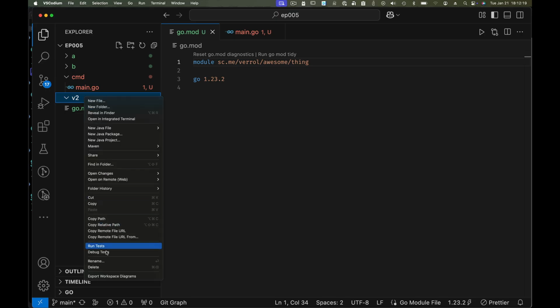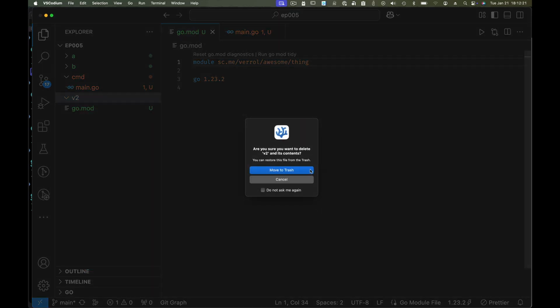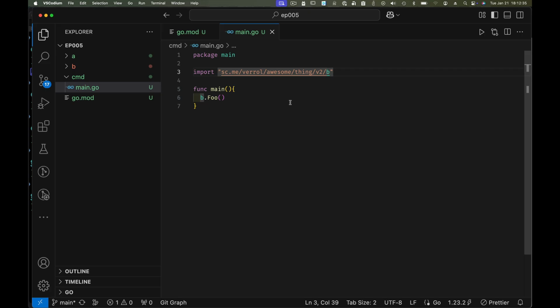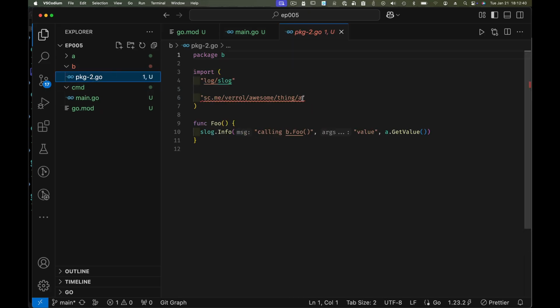So let me remove this and delete the version 2 directory, because again, this is not how it's going to be done, even though if you look at the import string in main, it looks like that's what you have to do. So here you simply say that you have version 2 in the go.mod file. And so with v2 appended to our module name, we can now go back to package B, because package B imports package A. So once this is done, notice how everything is all green again,